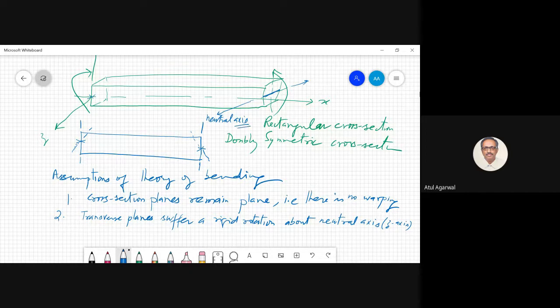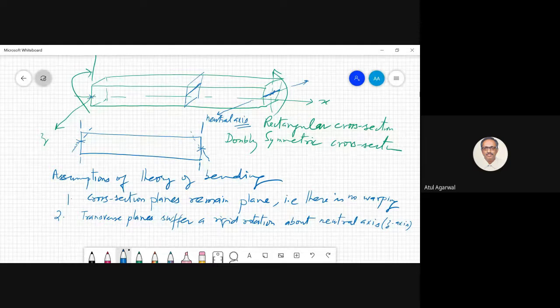You see, an axis is a line. Neutral surface is the locus of these axes. Every cross section has a neutral axis. If you club all the neutral axes, it will become a neutral surface. So you see, a surface is made of an infinite number of lines. An axis is only one line. Is it okay? Usually students confuse between axis and surface.